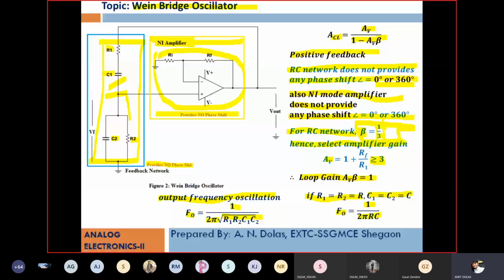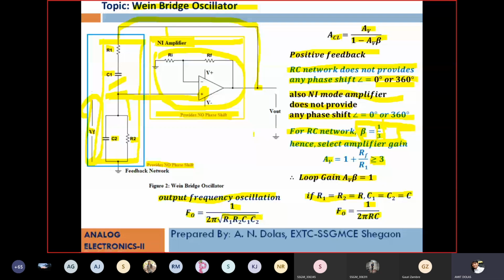Your phase shift network does not provide any phase shift. The amplifier also is not providing any phase shift. Which is the amplifier? Then which is the feedback? You can see the output of the amplifier here. This is the output. The output of the amplifier is given as an input to the feedback network. And what is the feedback network output here? This VF, the feedback voltage, is given to the non-inverting terminal of the op amp. So the network is complete. You have to remember the points, how the bridge is formed.